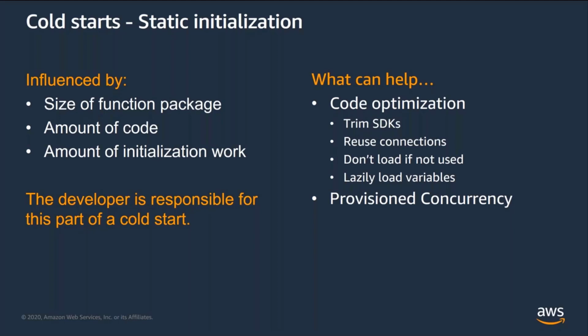Well, if you find yourself with many objects and connections, it might pay to see if you can re-architect into smaller, more specialized functions. Sometimes this is a good approach. It's important to import only what you need, so trim down SDKs and other libraries to the specific parts required. Pre-handler code is great for establishing connections to downstream services like databases, but be prepared to then handle reconnections in further executions. Also, lazily load the variables in the global scope. Don't load it if you don't need it,